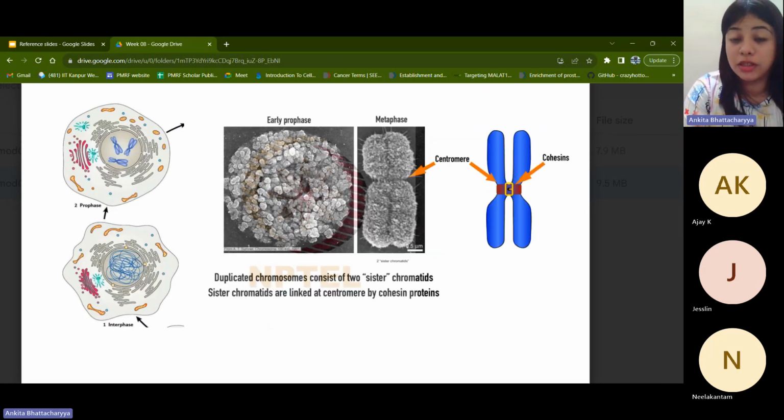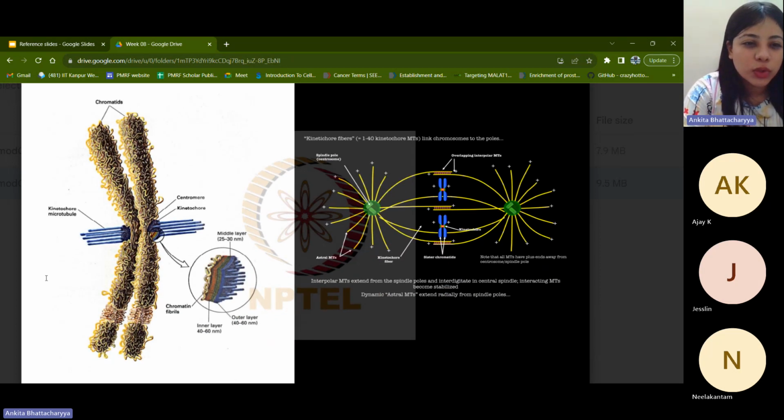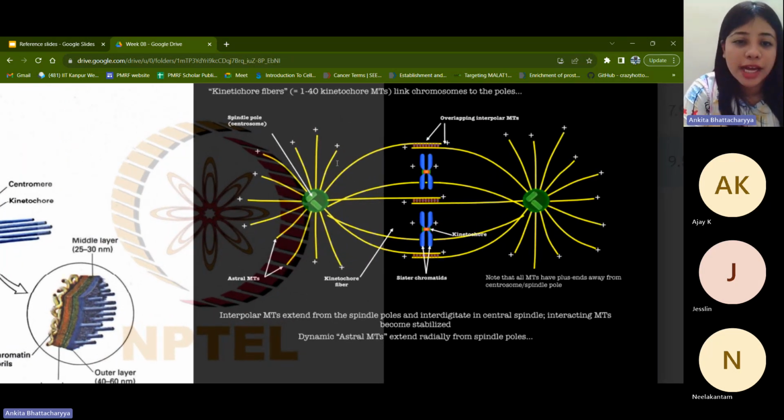So this is during the metaphase. During the early prophase, what you see is the more disorganized sort of structure, more open, more dissociated sort of structure that we were previously talking about. And here also you can see that at the centromere there is attachment of kinetochore microtubules, the plus end of it. And the architecture is also represented schematically here, where you can see that you have 2 centrosomes at the 2 ends of the cell, each of which contains 2 centrioles and the pericentriolar material, like we have already talked about.